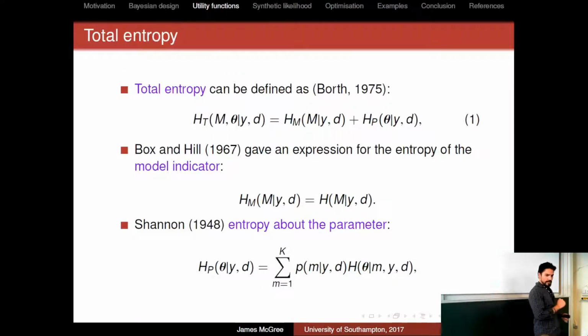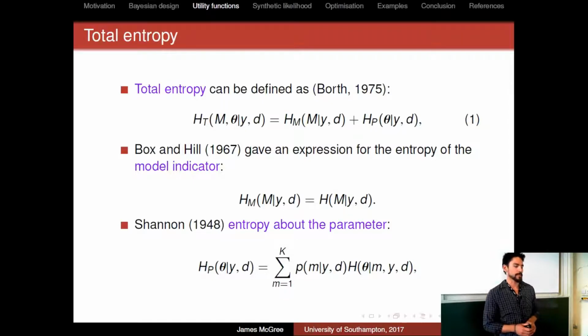So Borth in 1975 defined total entropy just to be the sum of the entropy about the model indicator, m. So m is the random variable denoting the model indicator, and the entropy about the parameters. Okay? And this formula looks pretty simple, but it comes about due to the additivity of entropy. And one thing you may know is that Box and Hill derived expressions for the entropy about the model indicator, and Shannon gave an expression for the entropy about the parameters over a number of models. So we can calculate now